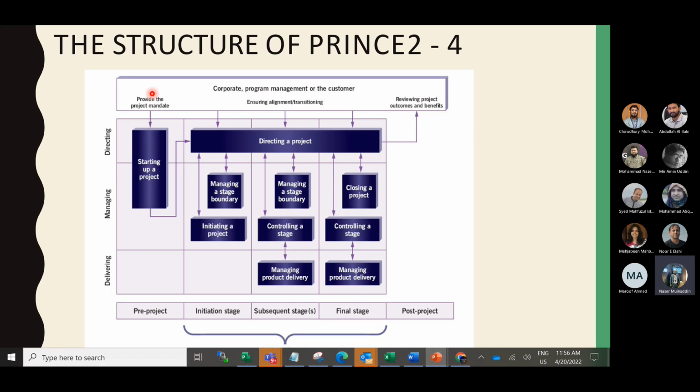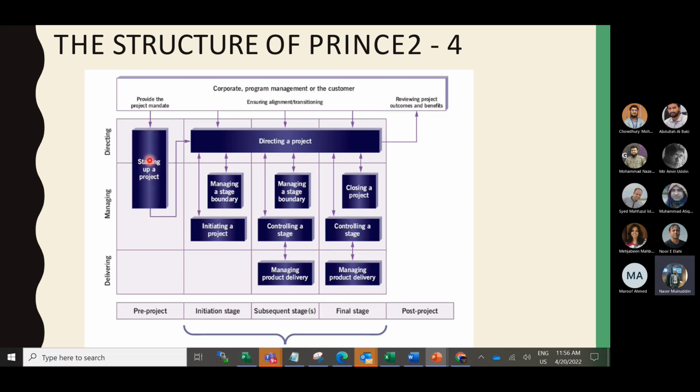So their governing body introduces one project mandate. That project mandate describes why the project is initiated, what the initial business case is, what the benefits are, and everything. So this process is the starting up of a project.